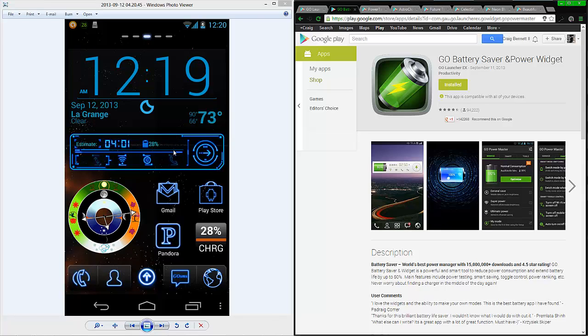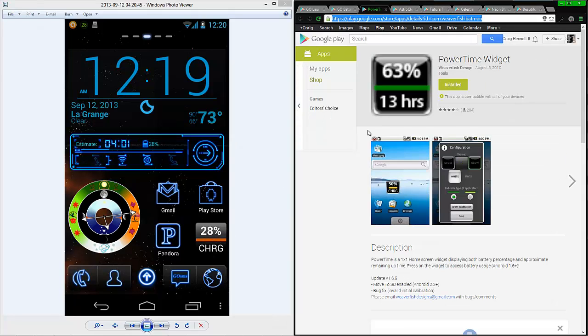And it's not a big thing at all. But still. Now, as far as this goes, I'm not a huge fan of Go stuff, again, because of the advertisements and whatnot. So, because of that, I'm keeping, and I'm going to list this, the Power Time widget. Power Time widget is pretty much the same thing, but